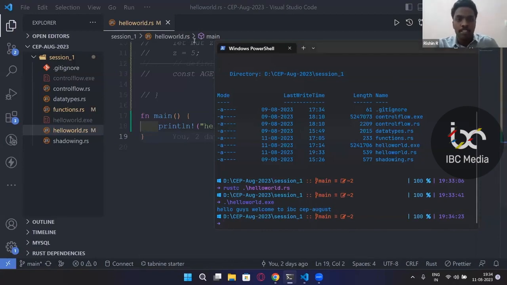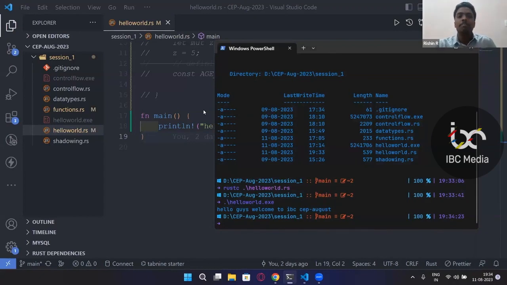Okay, so do you guys have any doubts regarding this one? So we are calling the println macro. You can think of a macro as similar to a function, but macros have some extra benefits that will come under advanced Rust. Macros have some specific utilization. The main thing about a macro is that it uses code expansion. So it's not similar to functions, whereas functions usually take additional time and context switching in the case of CPU